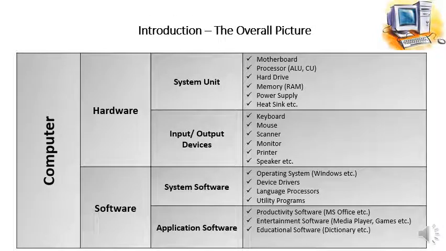Introduction, the overall picture. When we started unit 1, at that time we discussed this overall picture, and once again we will see the overall picture of the computer system. And this picture shows that a computer consists of hardware and software. In unit 1 we talked about the hardware,